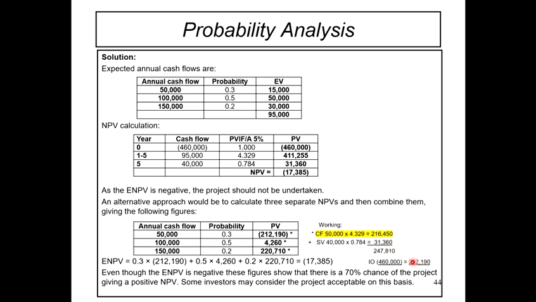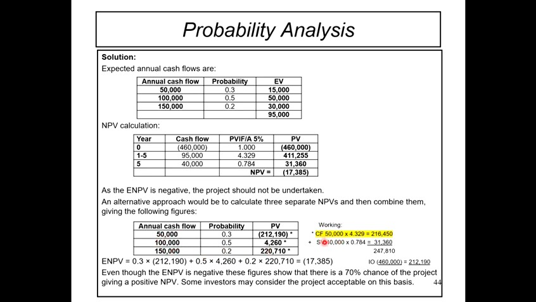Okay, so inilah cara nak kira PV ni, negative 212,190. You dapat negatif. Dan oleh you boleh darab dengan probability ni. Okay, dalam 0.3. And then you pun baru boleh tahu sama ada dia ni betul-betul negatif ataupun tidak NPV tu. So and then you teruskan continue pula dengan 100,000 ni.